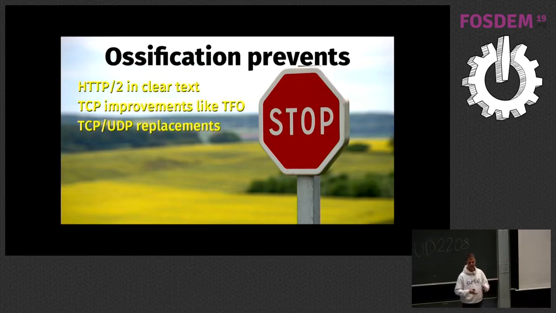And another thing that is very similar to this is TCP and UDP. They are two different transport protocols in the IP stack, right? And you could imagine that you would create a replacement for these, like SCTP. But again, no, that won't happen, because all these boxes out there know that TCP and UDP are the only protocols we care about. So they will throw away, basically, other protocols. So you cannot easily introduce a new protocol. These are here to stay. We will use these. Well, we can use ICMP and some others to some extent too, but these are the basic transfer protocols.